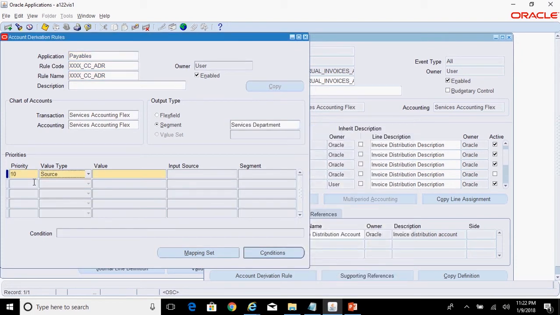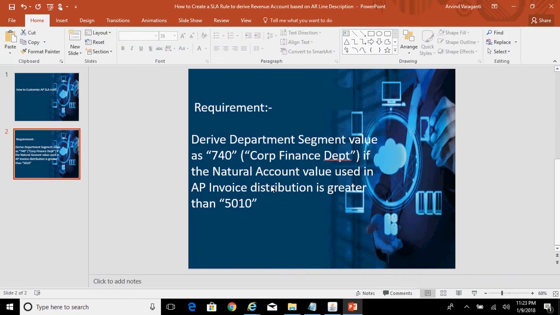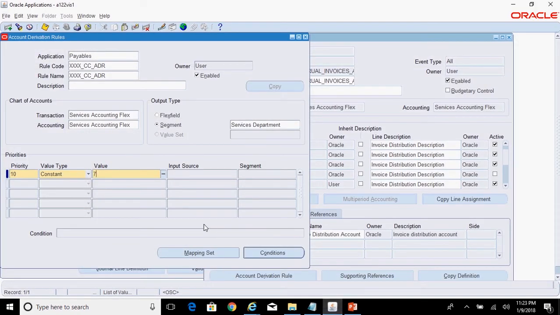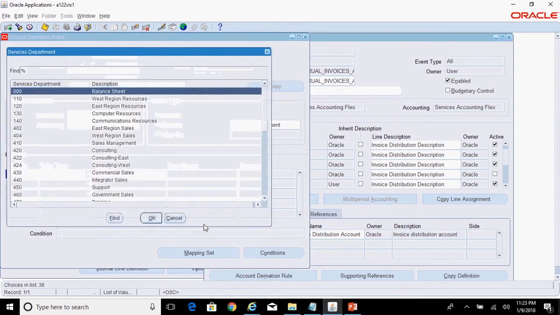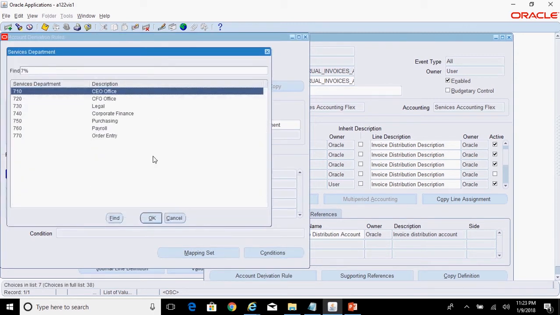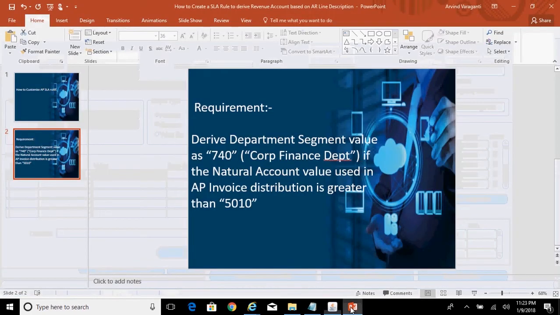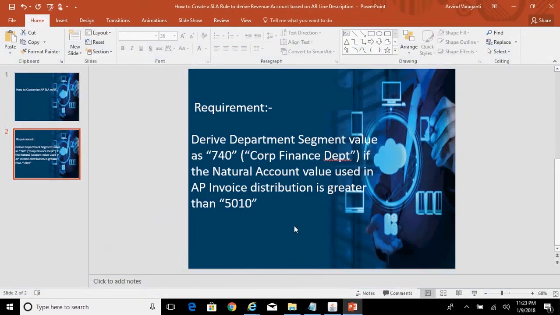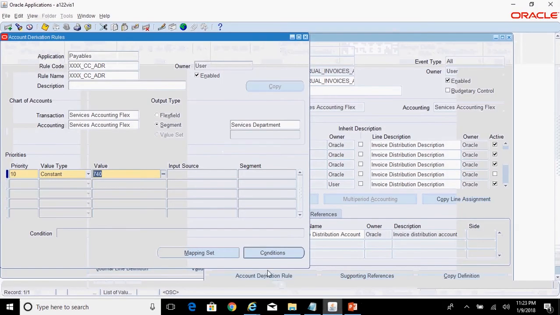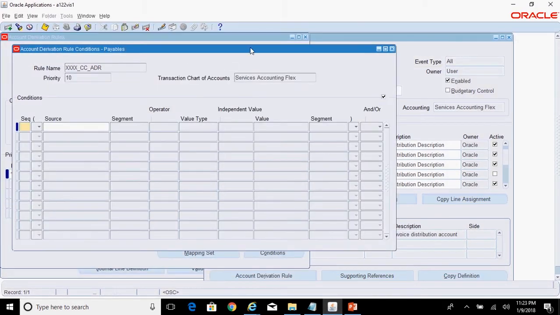And constant. So based on this rule, we want to derive the cost center segment as a constant value of 740. You can even select from the drop down. Based on this condition, if the natural account value used in the AP invoice distribution is greater than 5010, click on conditions.